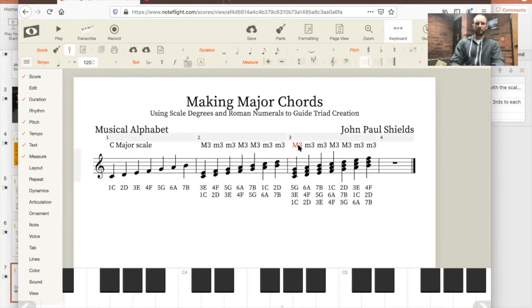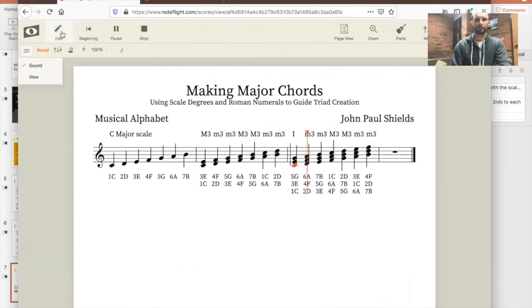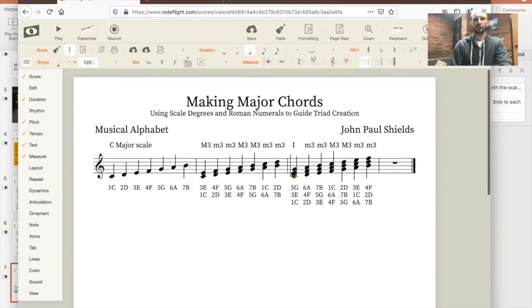And up here, we got to mess with all this stuff. We're going to write the Roman numerals. This is 1. Roman numeral 1. That's the C major chord. Let's listen to it. So C major. Then we have lowercase D minor,